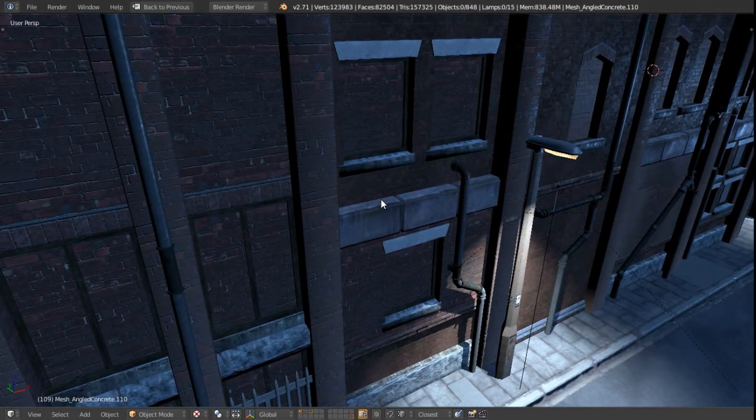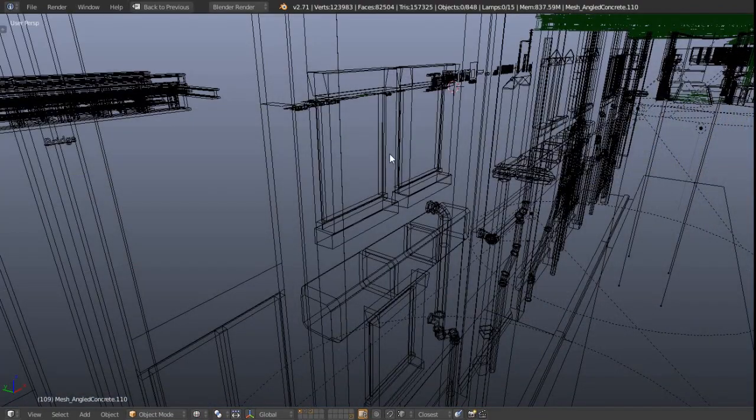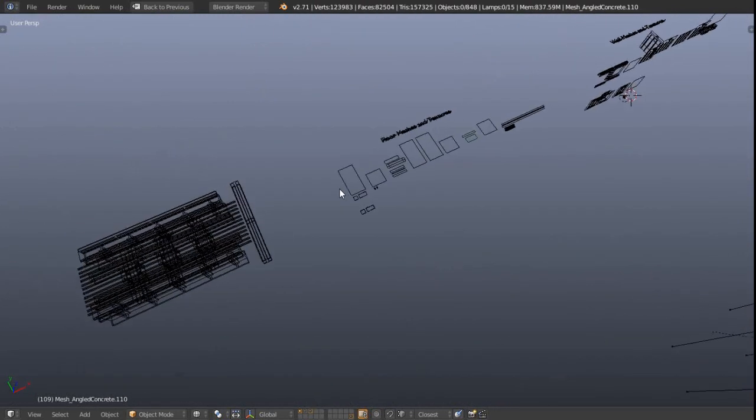One is because this seems to be a little bit of a mysterious topic that I don't see necessarily covered that often in other tutorials. The other thing is because it's something that is coming up quite a bit as I go through this game environment creation. So I'm just going to press Z to toggle it into wireframe, and then I'm going to come